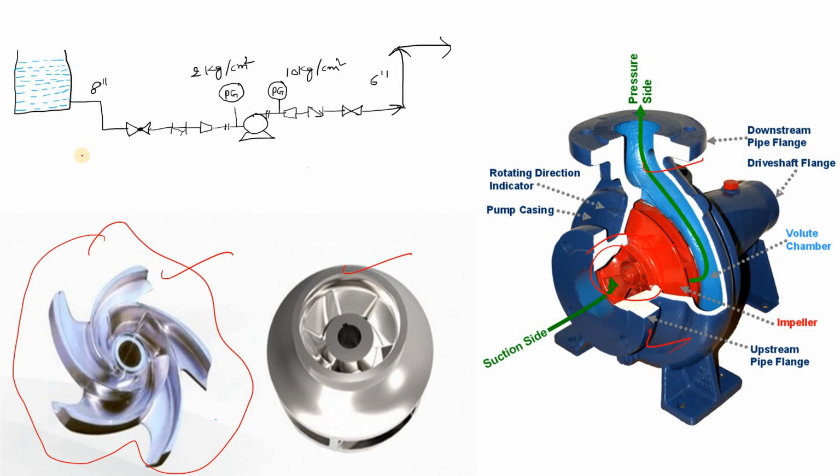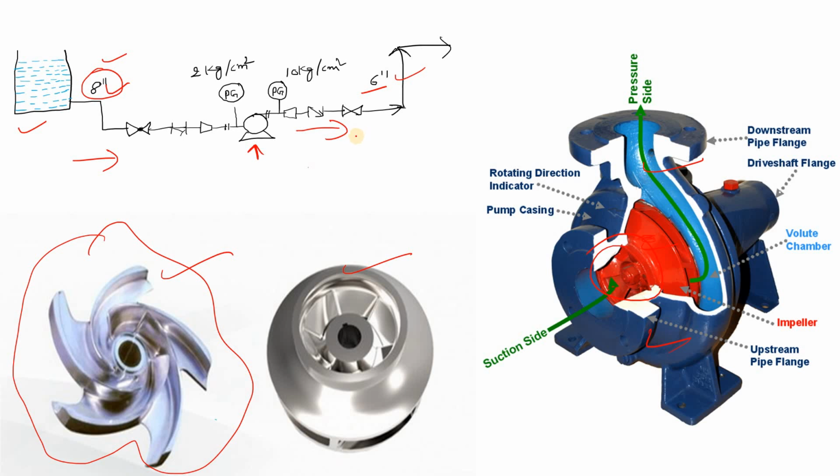And here you can see the circuit diagram. My drawing is a little bit poor, but please manage. Here you can see this is my tank from where the centrifugal pump is taking suction, right? There is the suction line, which is an 8-inch line, and this is my discharge line, which is a 6-inch line. In our last video we also discussed why this one is an 8-inch line and this one is a 6-inch line, meaning why the suction line diameter is greater than the discharge line diameter. We also covered this in our last video.